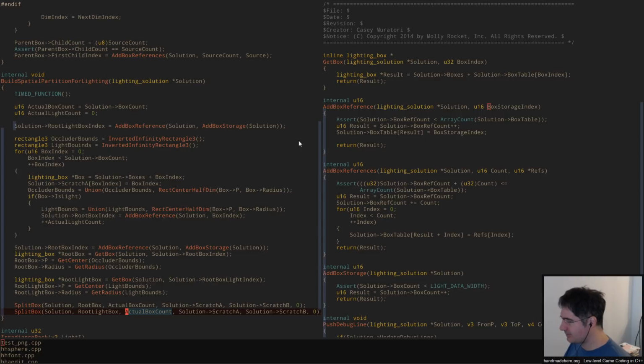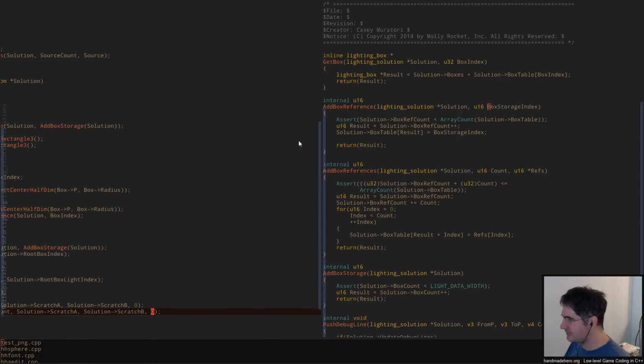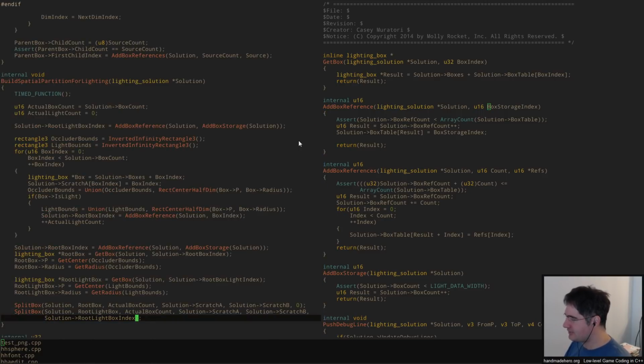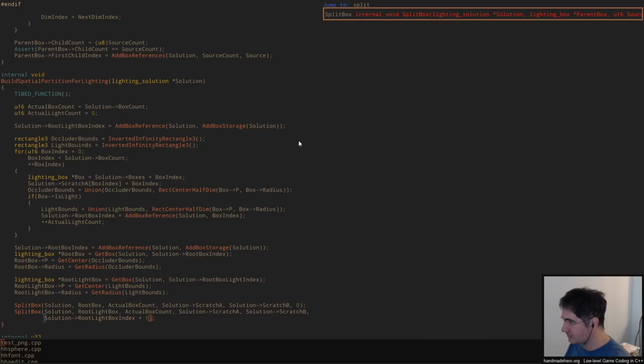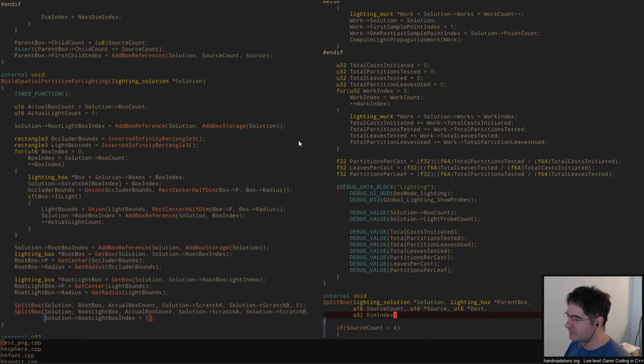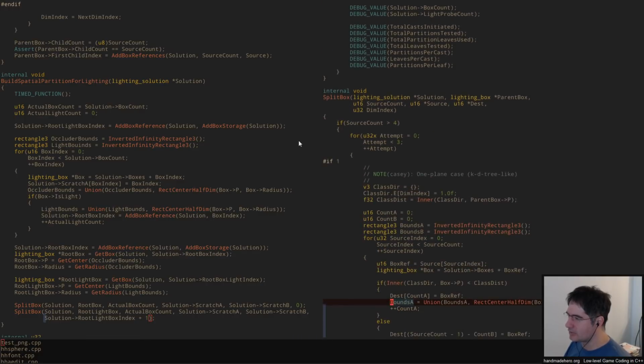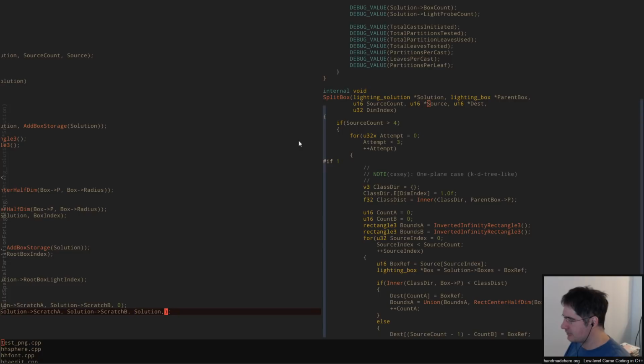This is the number of boxes in question, and I believe this is the offset. So this just needs to be like the one after the root box. Let me just make sure that's true. Oh, no, that's not true. So how do I tell it? Oh, it's just a source array. Okay, that makes sense. So in order to tell it where we're actually looking here,